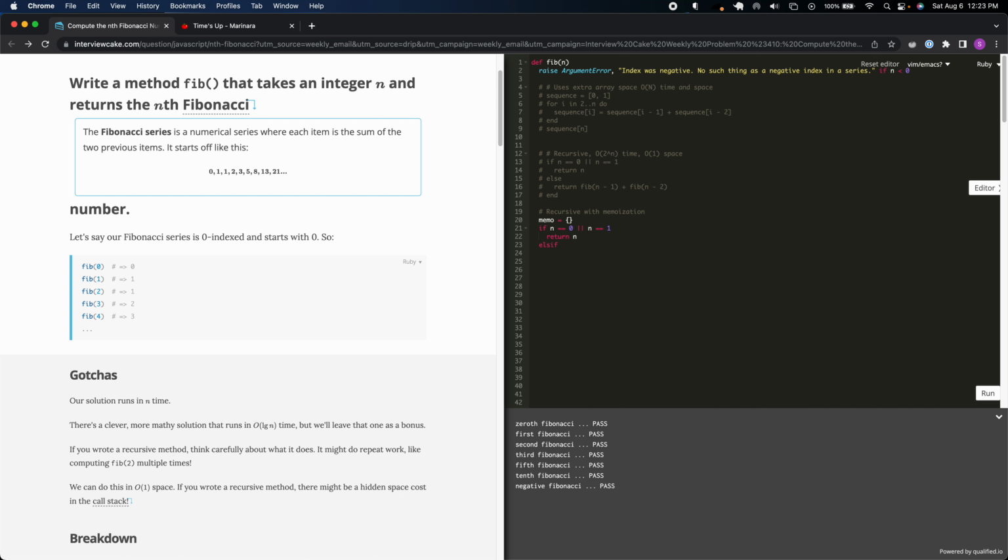if our calculation happened to have been in our memo, we would do memo at position of n. Well, actually we do, since Ruby, include? position of n, then we would return memo at the position of n. Else,